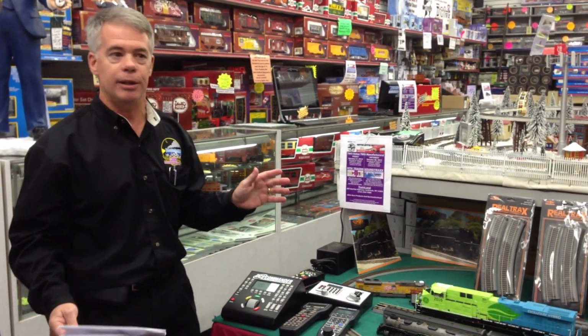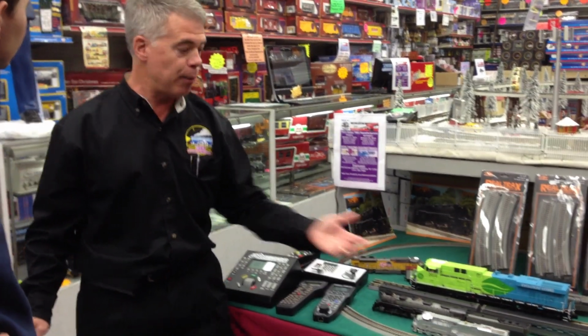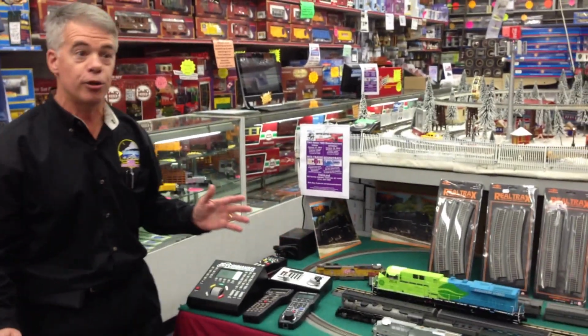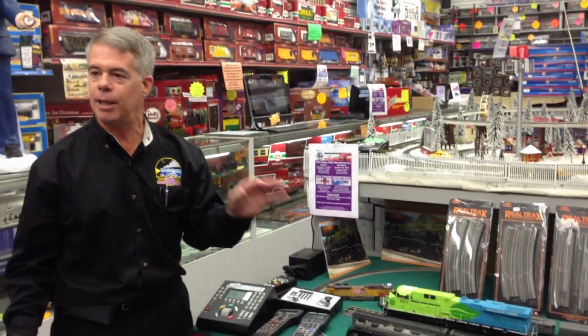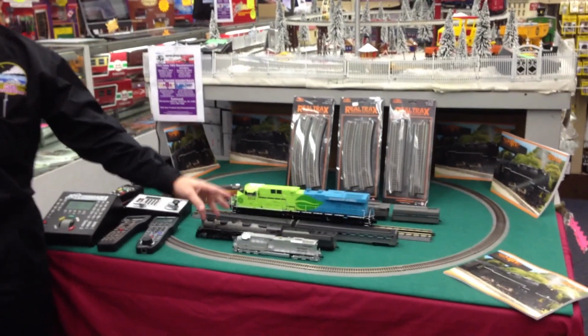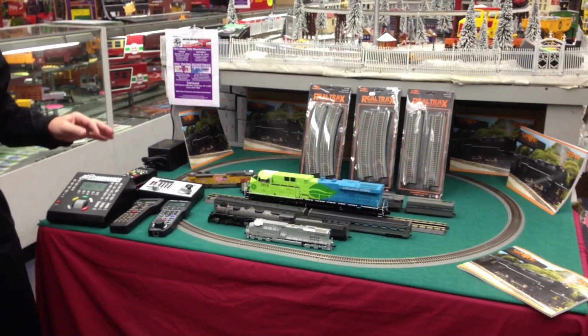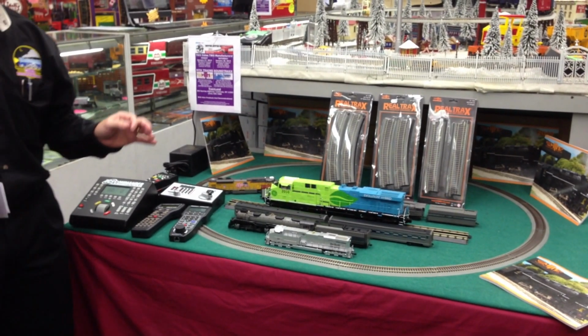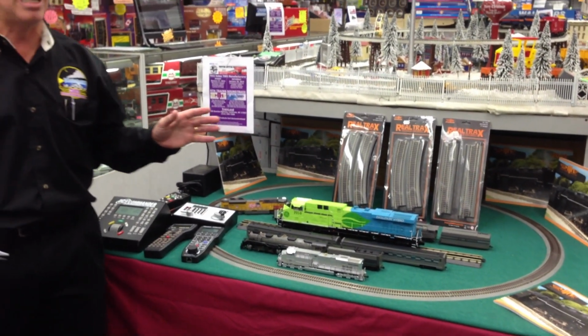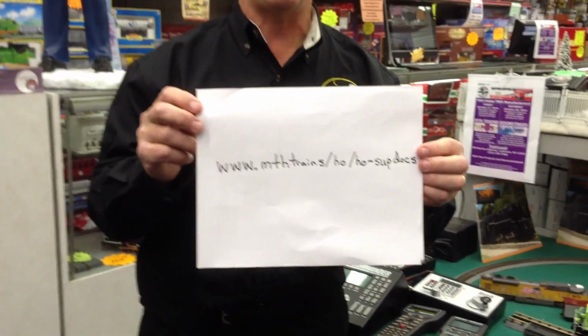The one thing that's confusing, that we get questions for, is changing the address, because everybody needs to change the address. They come as 3, they buy a second engine, they want to double head it, and the first thing they're going to do is try to change the address. And now it isn't a simple way, but keep in mind this is technology from the 70s, and this is the way it was made. So to do this with ours, you put it on the main line, you go to CV29, okay? And you've got to change the value to 36 on bit 5. Now the guy might be right now. I was glossy-eyed when the guy was explaining it to me, but we have it on our website. Where can you go to get help? We have documents on our website, and this will tell you how to program, change addresses